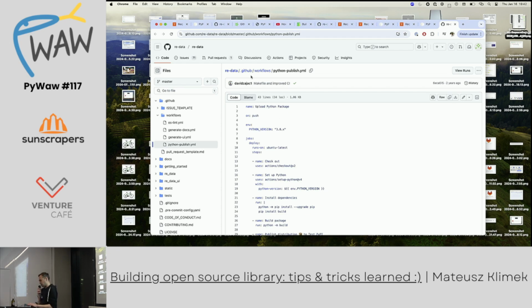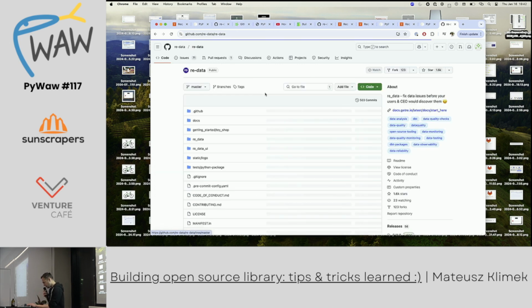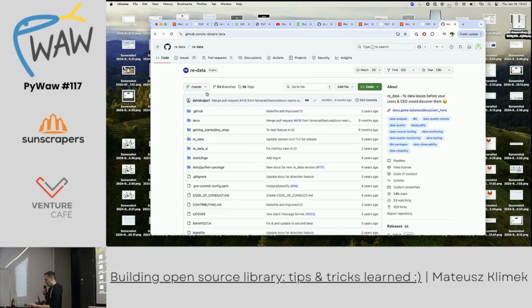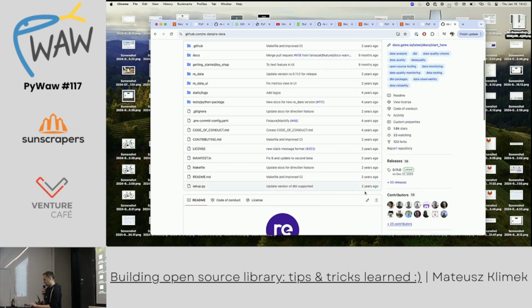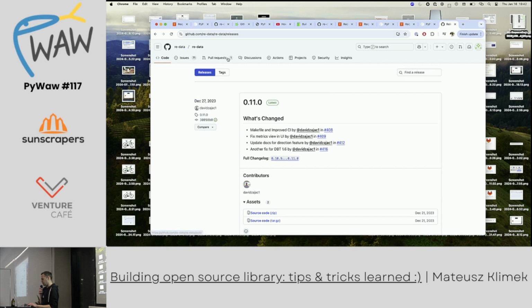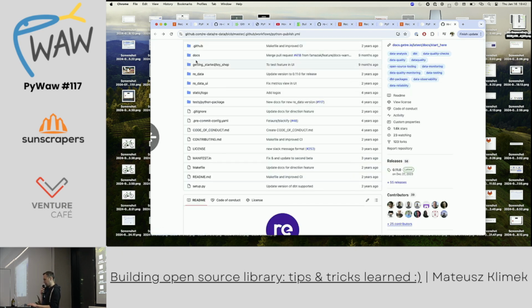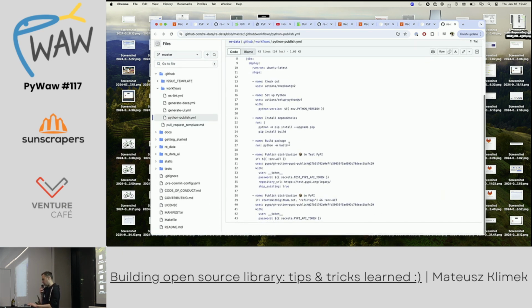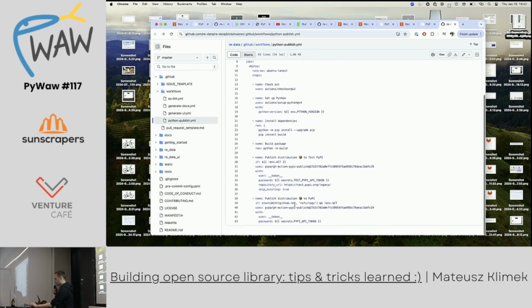When you have your repo, you can set it up so that it publishes everything when you do a GitHub release. You create basically a new tag in your repo, and the GitHub action which you will have set up runs. If you just copy this, it will actually work. You just need to pass the proper